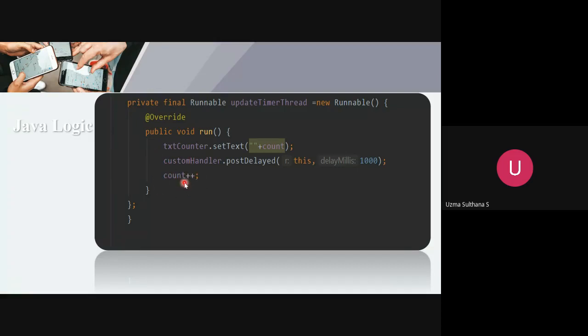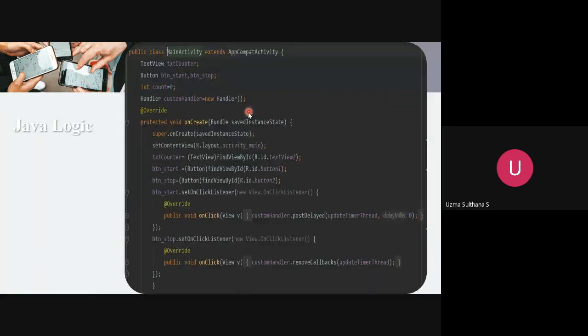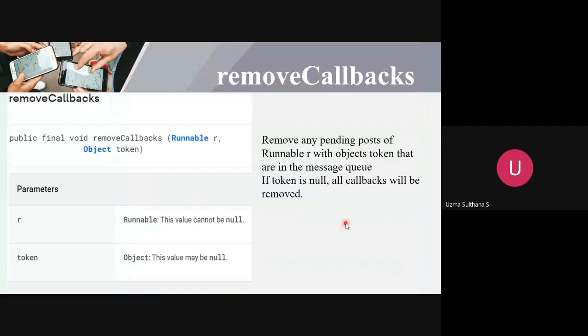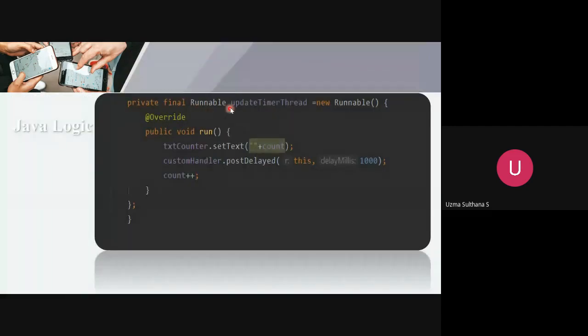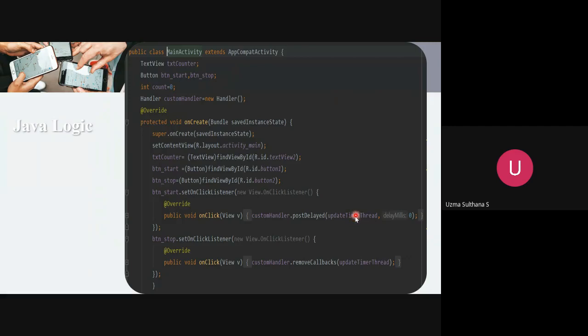So once the incrementation is done, the variable updation will be done here. You can see it is going to return what? It is going to return an object, that is a runnable object. What object is it going to return? It is going to return the counter value. Counter value is going to replace here.